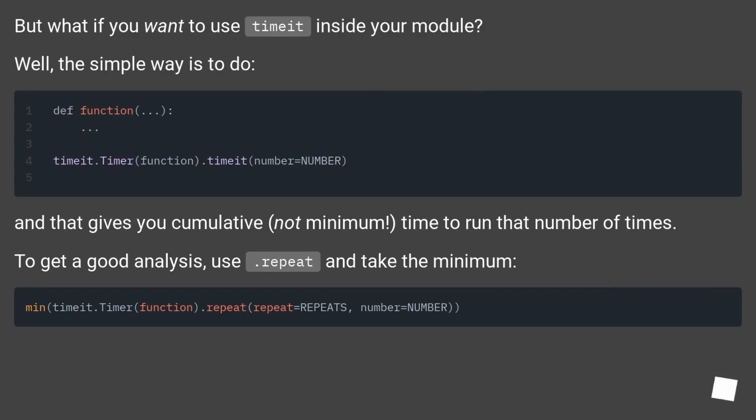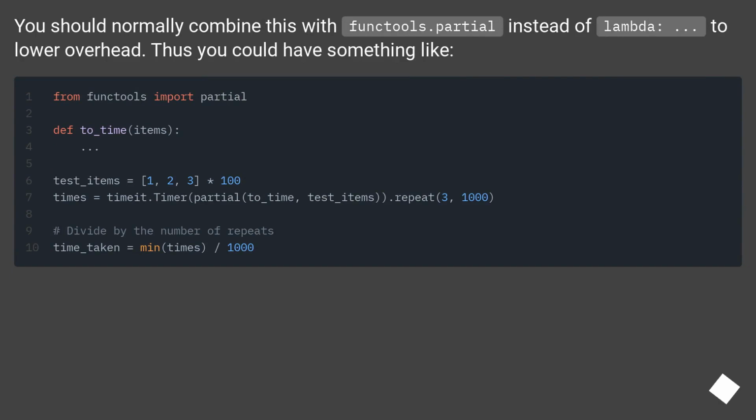But what if you want to use timeit inside your module? Well, the simple way is to do. And that gives you cumulative, not minimum, time to run that number of times. To get a good analysis, use .repeat and take the minimum. You should normally combine this with functools.partial instead of lambda to lower overhead. Thus you could have something like